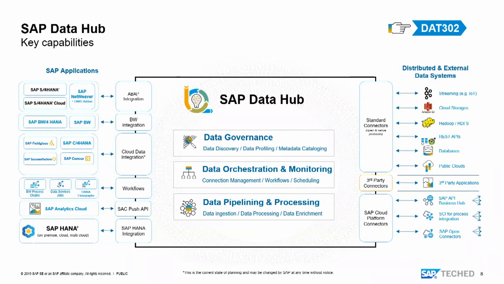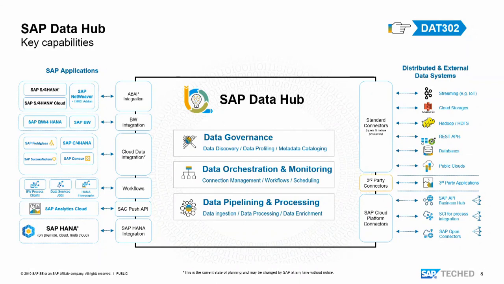And when I talk about heterogeneous landscape, I'm referring to what you can see here also on the slide on the left and right side. On the left side, we are focusing more on the SAP world. So we see SAP S/4HANA systems. You might have on-prem systems. You might even have a cloud system. It's about ERP systems, about BW systems, SAP HANA boxes,